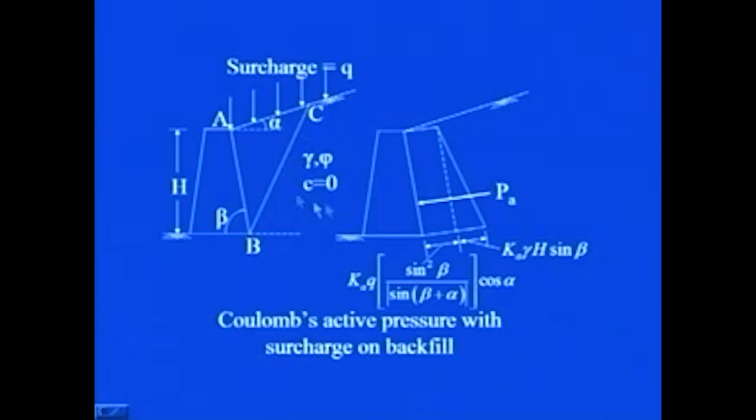Now, what about the backfill which is present over here? You see this triangular wedge which is being formed, shown by this, with the magnitude Ka gamma h sin of beta at z is equal to h. So, this is going to be the difference with the addition of surcharge on the inclined backfill. Okay. So, here again once you have drawn the lateral earth pressure diagram, you simply take the area